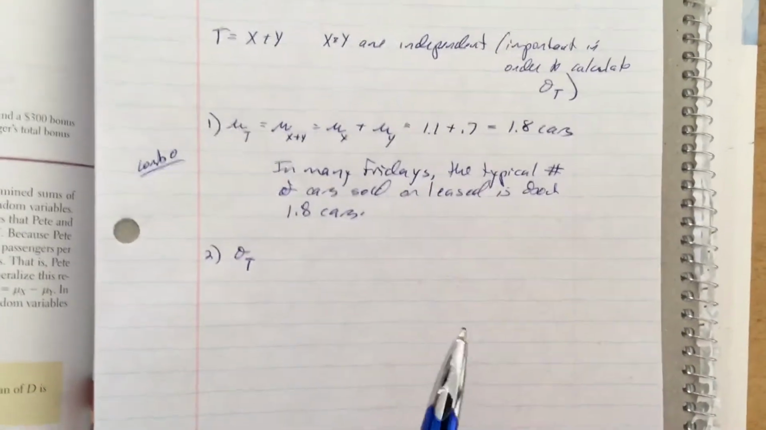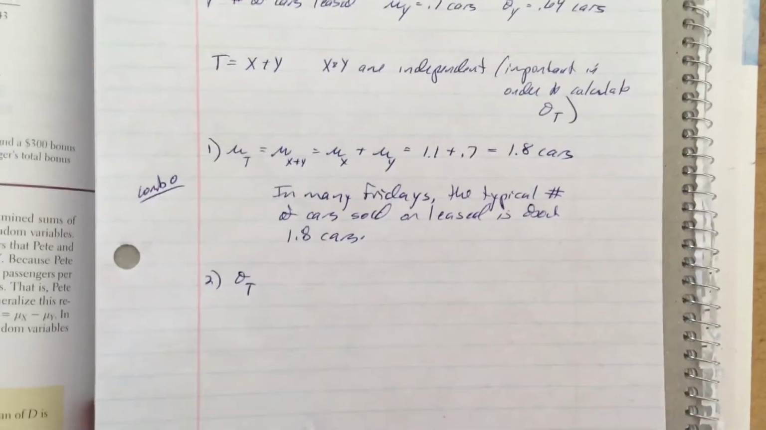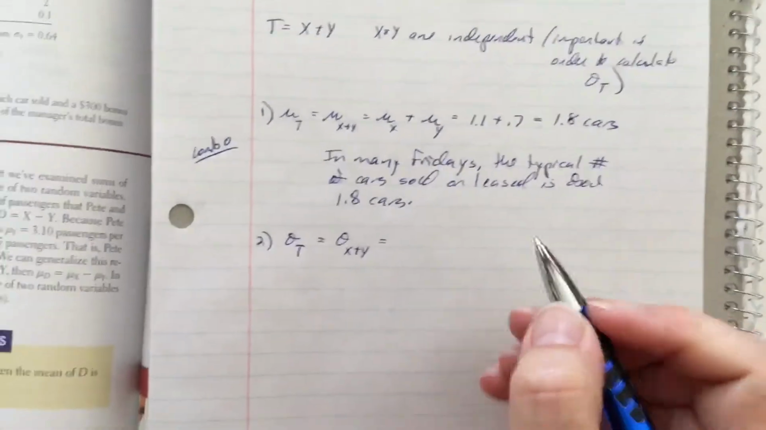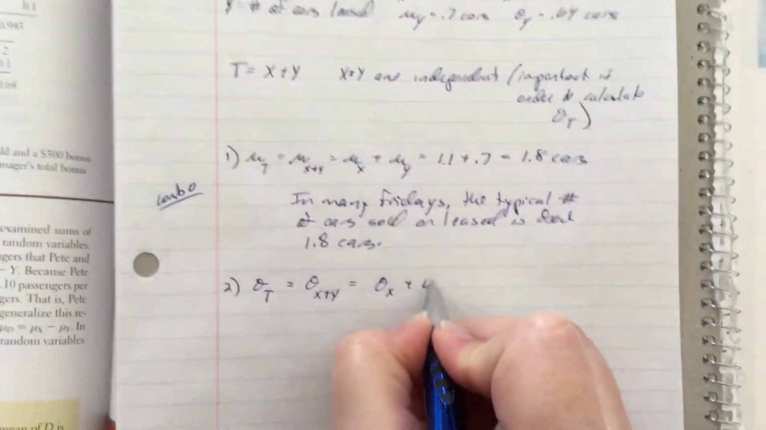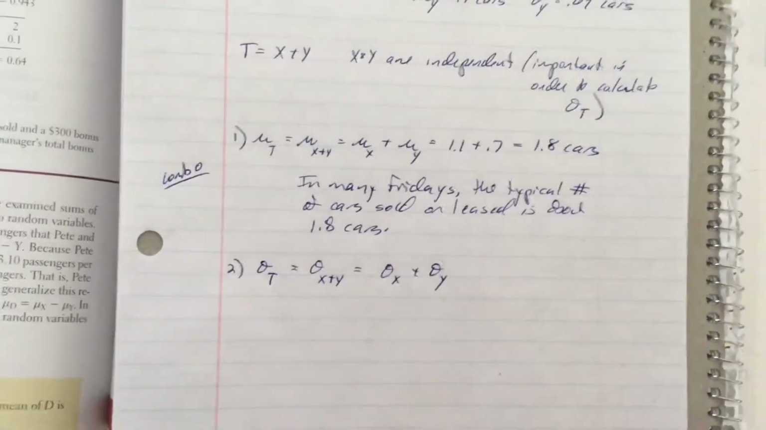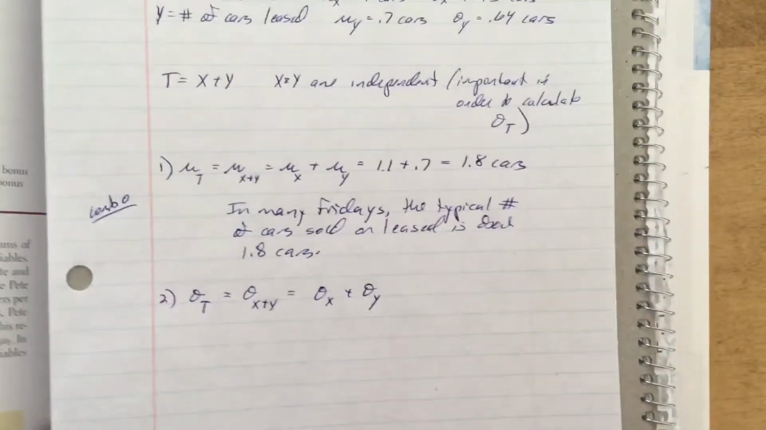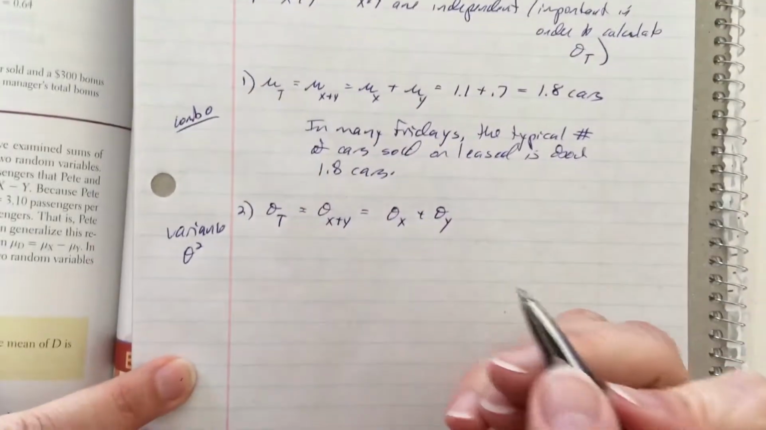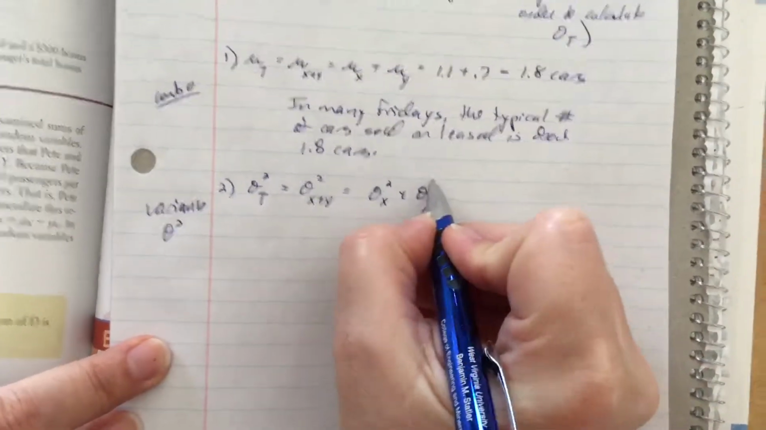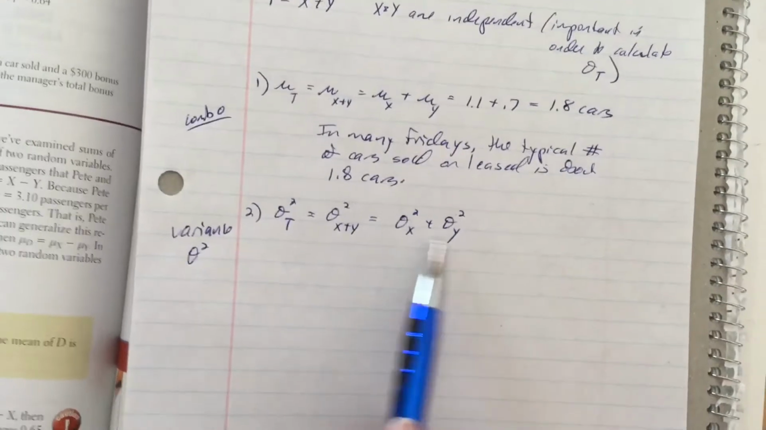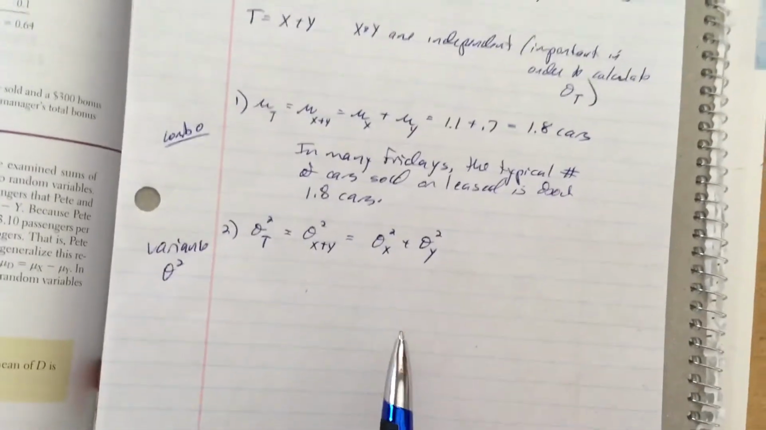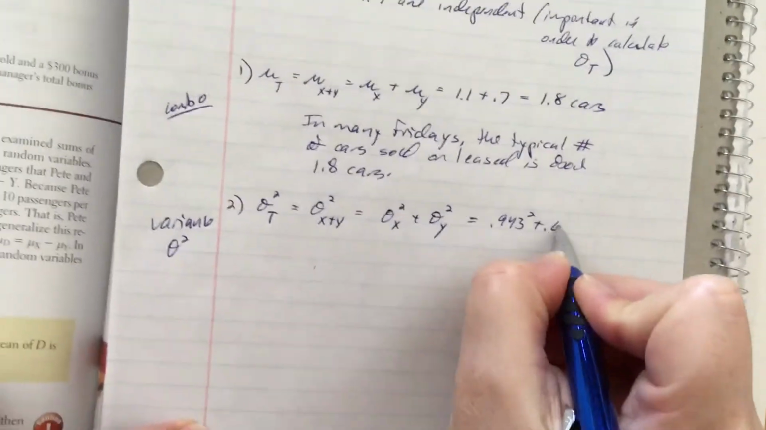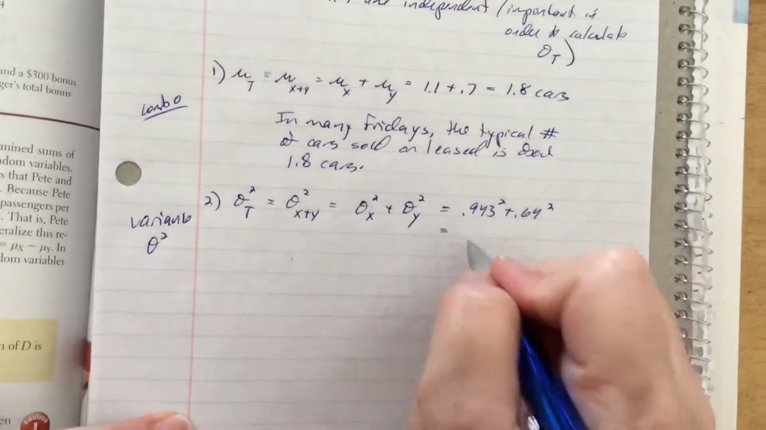Okay, now standard deviation, you would think you would just take the standard deviation of X plus Y, okay? And in a sense, we can do that, but we've got to work with the variance, because it doesn't work out right. So the variance, remember, is just the standard deviation squared. So if I take my standard deviations, square them, and then add them up, then I'll square root to get back to my standard deviation. So if I take 0.943 squared and 0.64 squared, and then add them,